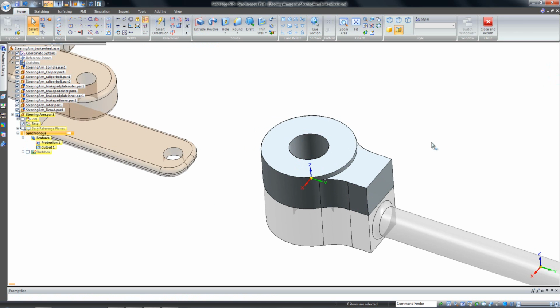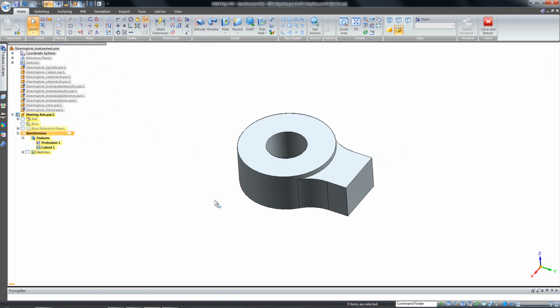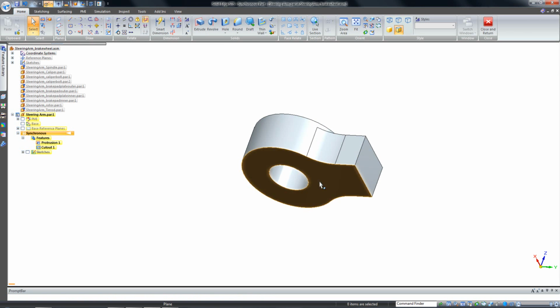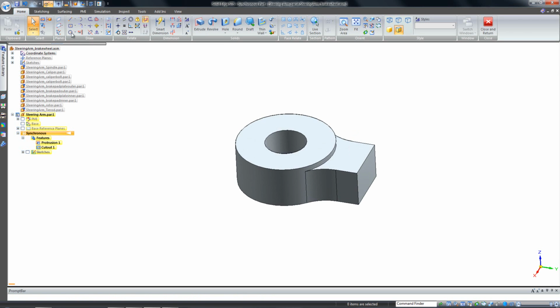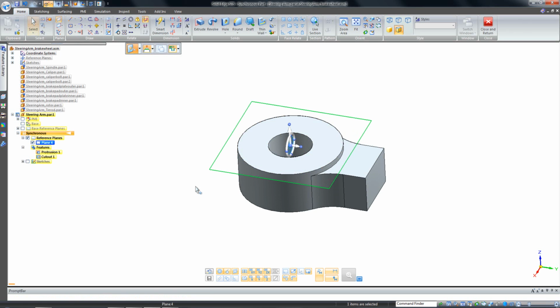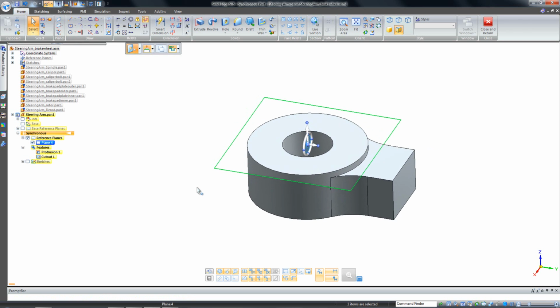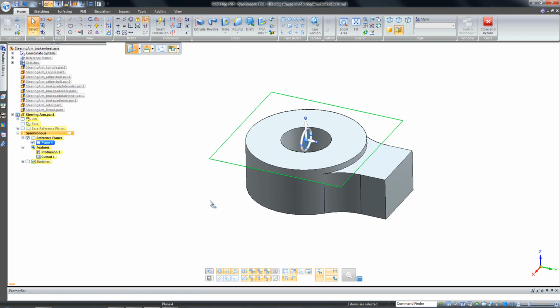Before I do that, I'm just going to turn off those background components and just focus on my design. And what I want to do is, you'll see on the opposite side we haven't created that cut yet, but before I do that I just want to create a reference plane. Have you ever created reference planes in an ordered mode inside of Solid Edge? In creating those planes at angles or parallel to different faces, it takes quite a bit of work, maybe more